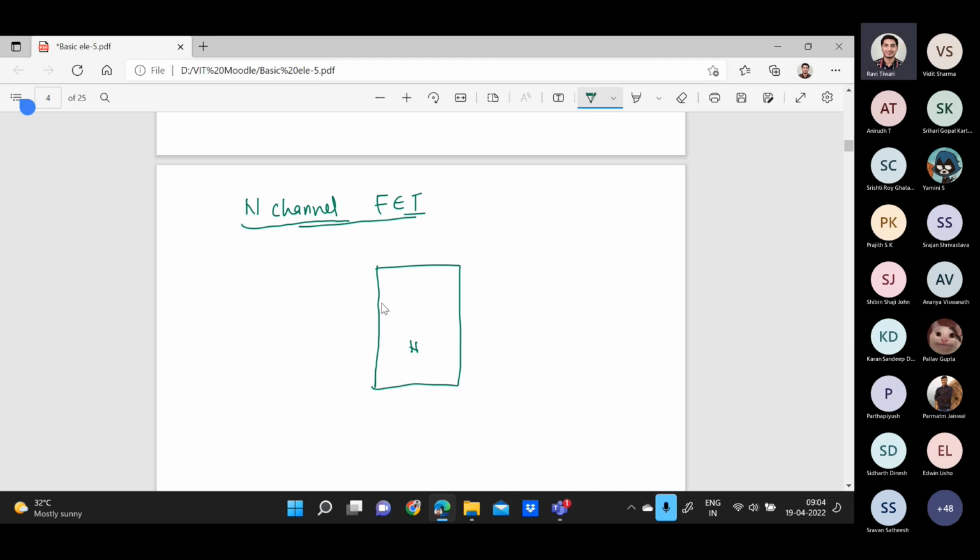Then we will dope a small portion here with P type material. It's a highly doped material, called P plus. With ohmic contacts here and here, we can make the two terminals. In case of FET, you can interchange the position of source and drain. In case of BJT, we had the emitter and collector,